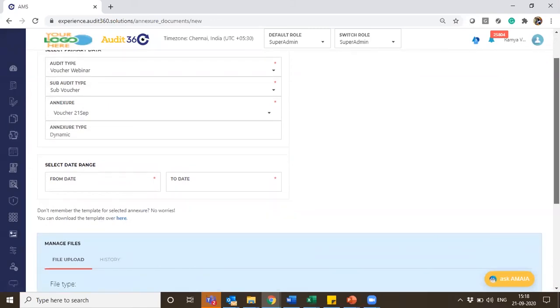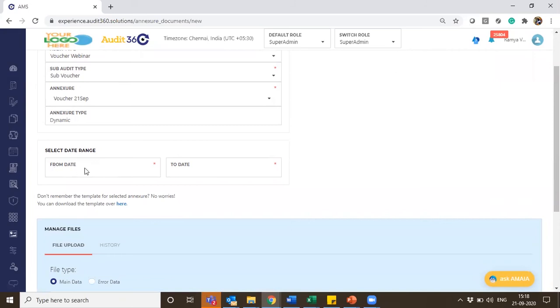Whenever it is dynamic, we need to choose the date range. The date range we choose is the base; within that date range, the reference data will be pulled and shown to the auditor. For example, I would be doing a schedule of audit for the month of October and November, and whatever reference data I upload in the annexure document should be used for the audits getting scheduled for October and November.